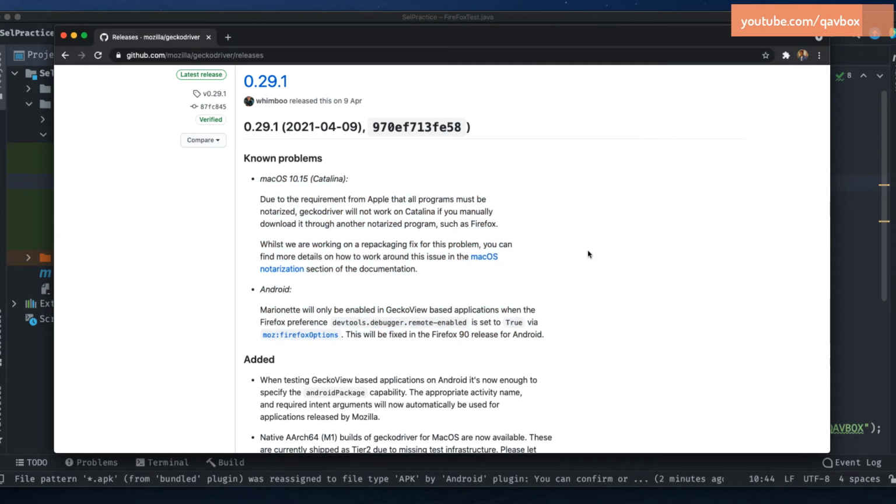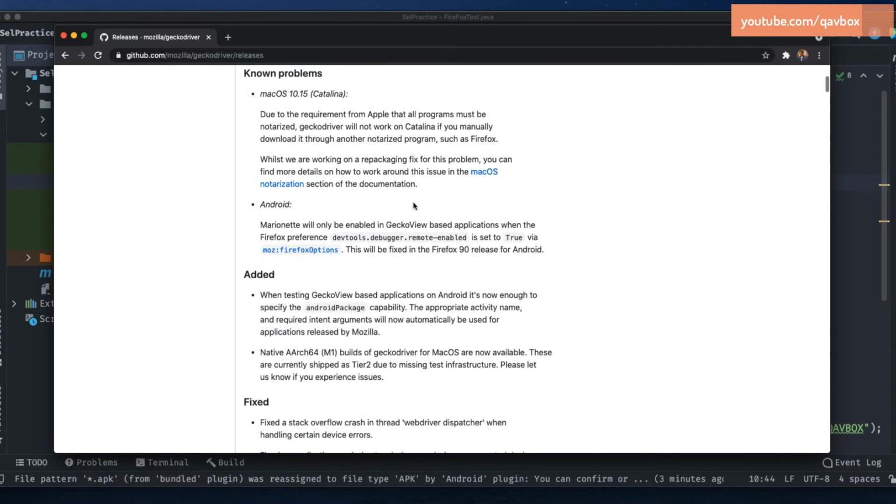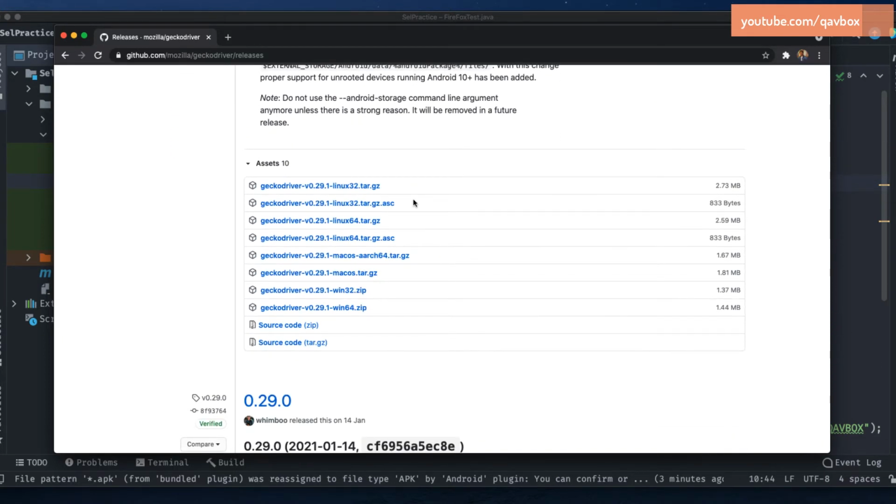You can even see what bugs you are getting. While executing, if you get any issues, you can refer to the change logs, and then you can leverage those features, or you can understand that it is the Gecko driver issue, it's not your coding issue. Fine. So here they are providing different file formats for different operating systems. If you are using, let's say, Windows 32-bit operating system, you can just click on this win32.zip file. It will download this zip, you have to unzip it. The same thing if you are using 64-bit, this is the one you need to use.